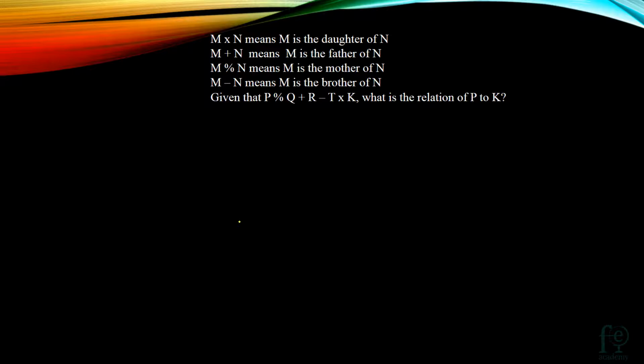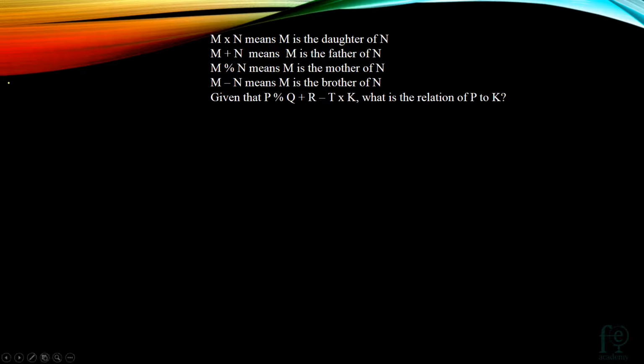The expression is given and you have to find out the relation. In the first question, the relation was given, you had to find out the representation. So that is more difficult because you have to work out all the four options one by one, so it takes more time. Blood relations, the only key is practice, practice and practice. As you go on practicing, it becomes easier and you can complete the questions very easily. So here the expression is given, you just have to find out the relation.